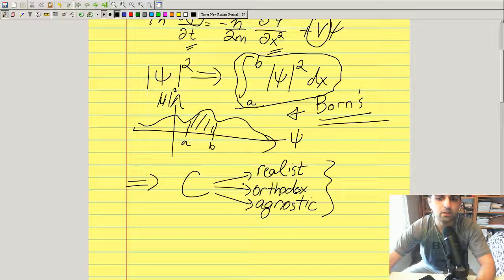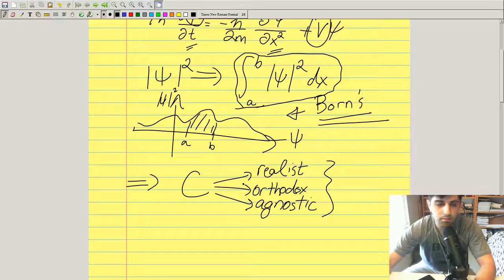One was realist, which is to say that it was always at C, which hinted, if you go back to my previous video, you'll see that I'm talking about how that implies that quantum mechanics is an incomplete theory, because quantum mechanics says that, at best you can know in what interval it could be with some given probability, but not the precise position. The orthodox position that is still mentioned in classes today is the fact that the wave